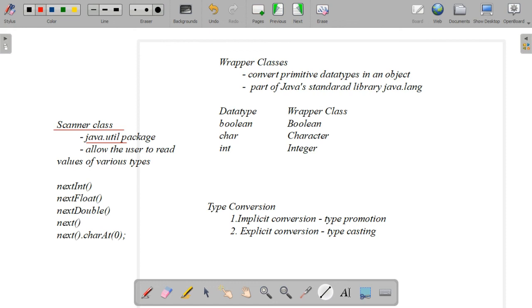And all of you know how to create the object for the Scanner class: Scanner sc = new Scanner(System.in). That is the statement we give to read input from the keyboard. That means we must initialize the Scanner object as we said: Scanner object name equal to new Scanner(System.in). Once initialized, through the Scanner object we can read any data type values like integer, long, float, character, string, any values we can access.